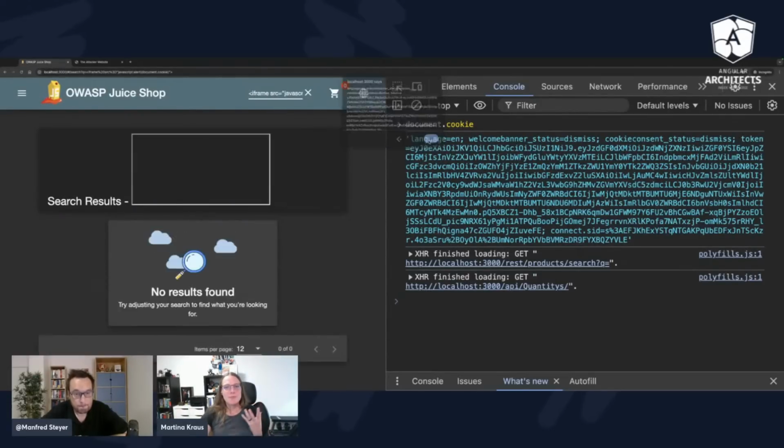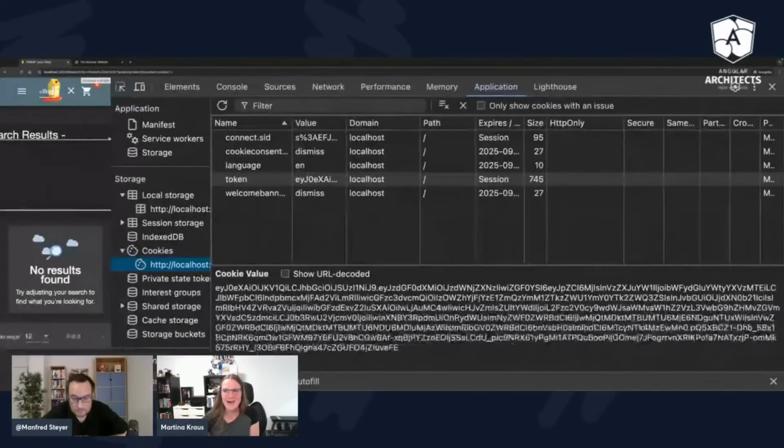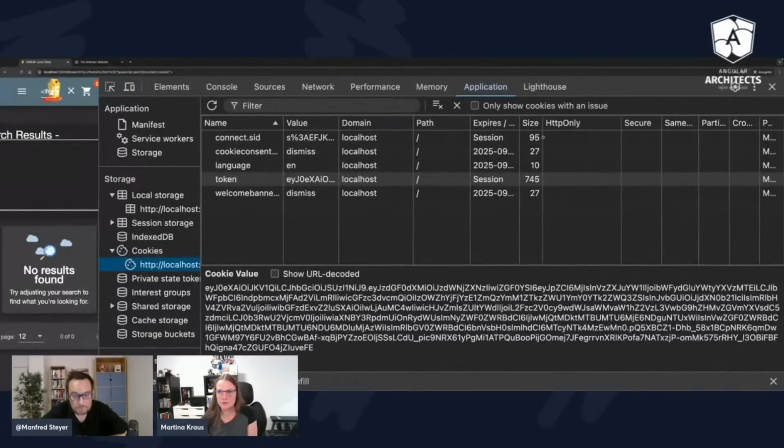But the really cool thing, and you mentioned it already about cookies, is that we can protect them so incredibly easily from JavaScript access. And for that, we have a couple of attributes. We have the HTTP only, you mentioned already, Manfred. We have something called secure and others. I will explain a couple of them soon. So you mentioned HTTP only. So you know already what it does, Manfred?